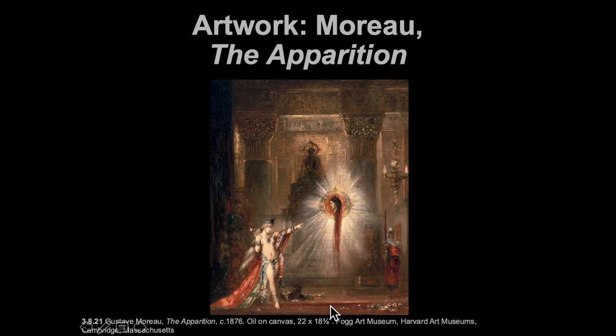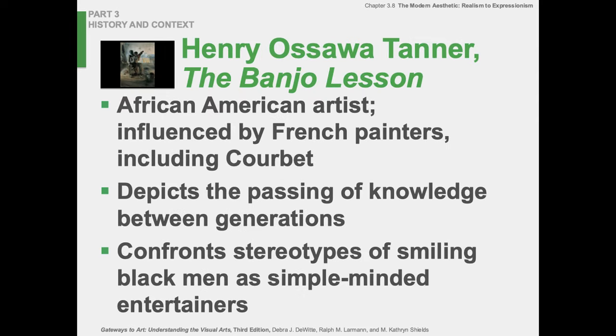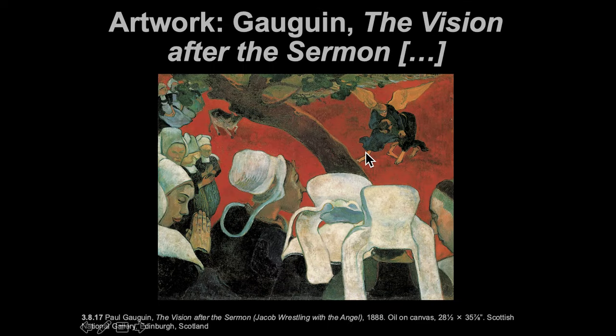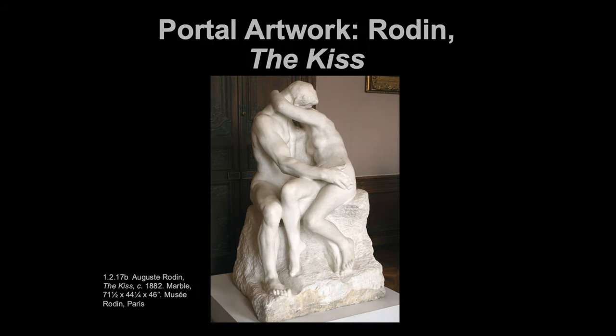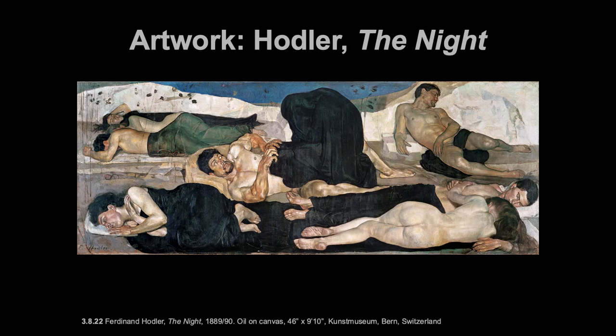So just this idea of the seductress. Symbolism is very sexual and erotic, but it's also touching on the spiritual. So it's ambiguous. It's like a vision or a dream. And if we go back to Gauguin's influence back up here, then we see him after the sermon, these people are witnessing the vision. Does that make sense? So they're hearkening back to the idea that a vision could manifest itself in a space, in the picture, in the painting.